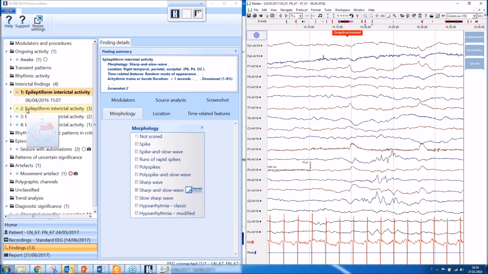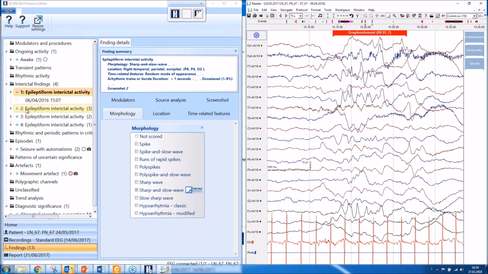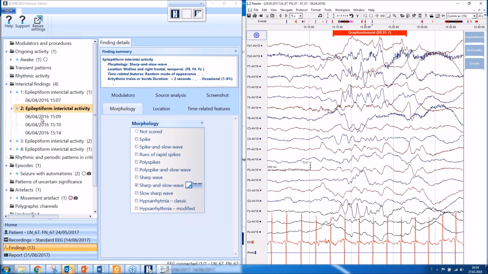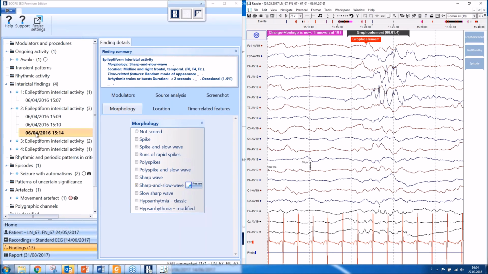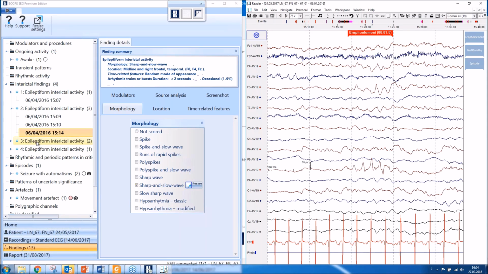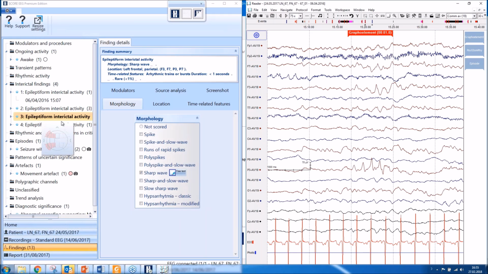occipitoparietal activity. I double click this activity where you see it more in the frontal region, and there you can see we have 3 examples of this activity. So I double click here and I navigate to these examples. And furthermore, the third example here with the left-sided activity. So now the tutor opted to describe this as 4 different